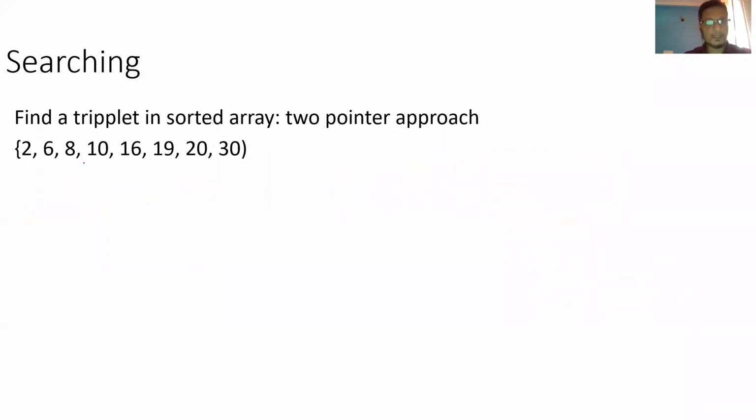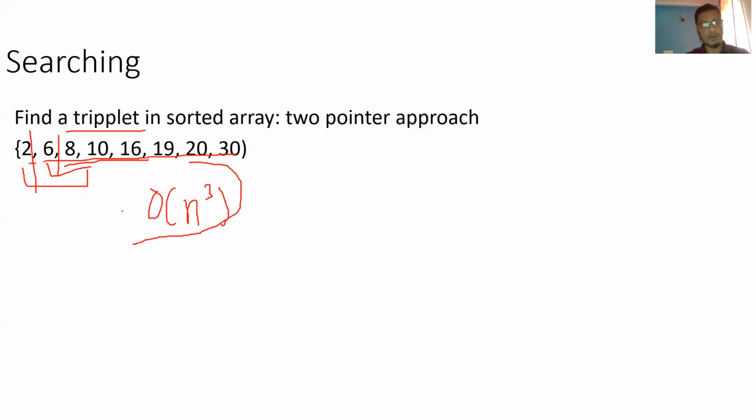I think, how do you find a triplet? Triplet again is the same. Instead of a big O of n cube operation, you hold this and try to add up these and try to make the same thing. You hold this and in the next for loop you hold again this and try to see if these two and these three sum will make a sum. That is how you can do it. So it is nothing but 3 for loops, which is big O of n cube.